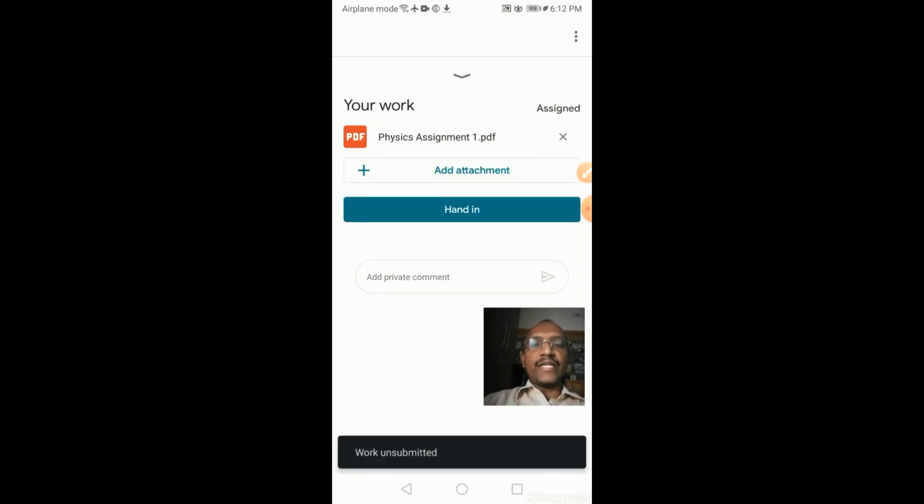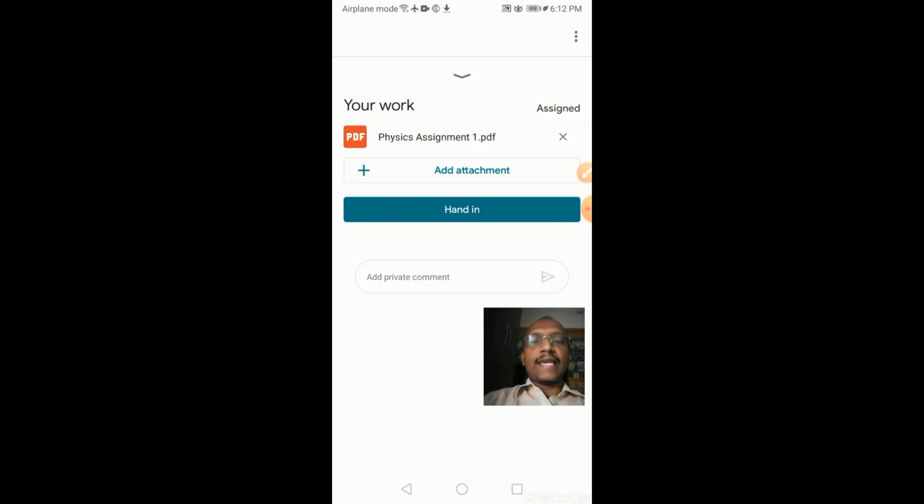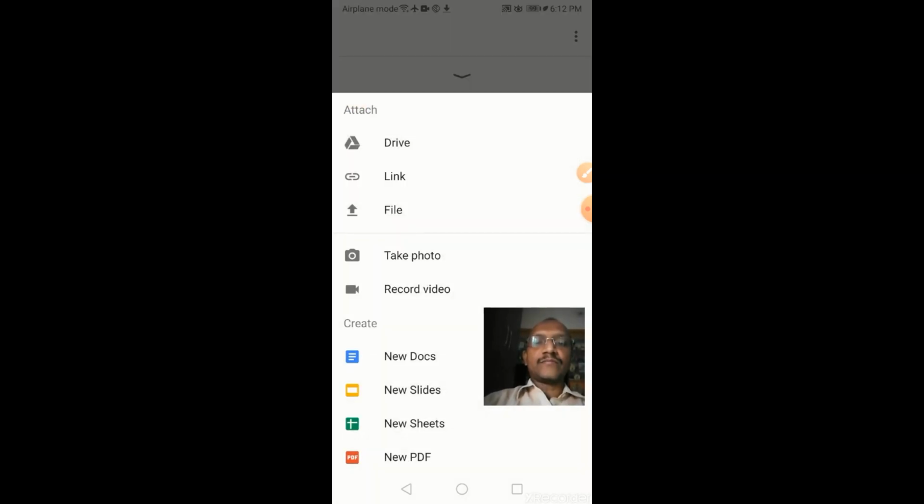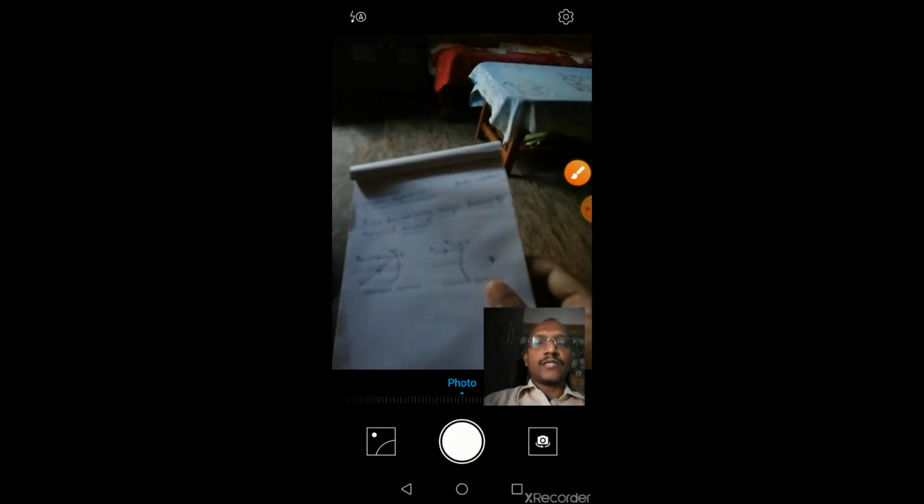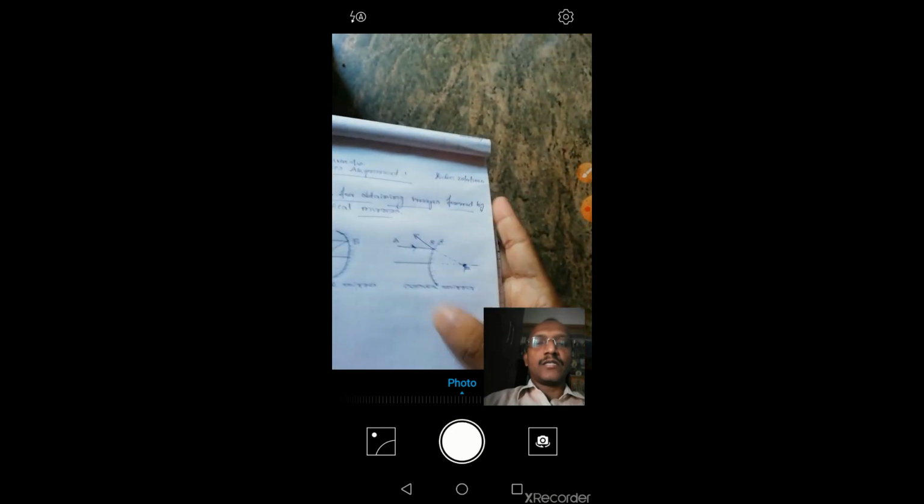Again you press add attachment, take photo. You click on this option, take photo. Click on it. So camera is enabled. You take a photo of that one.